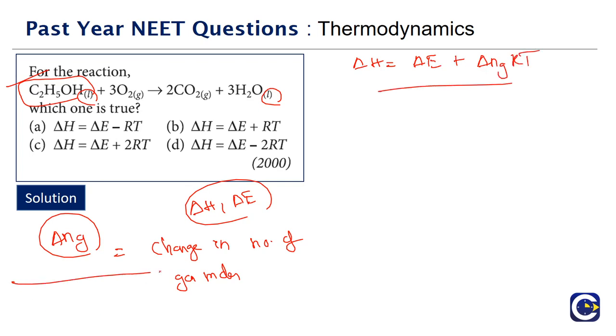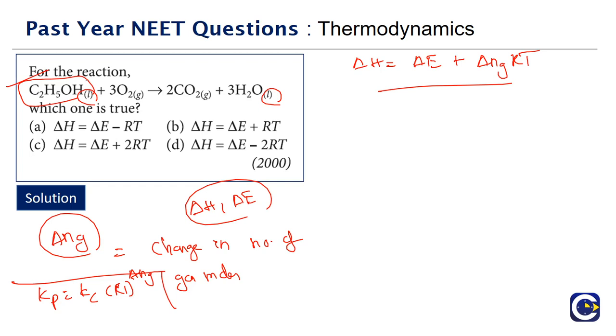And we also have this coming in equilibrium. In equilibrium we have the formula Kp is equal to Kc into RT whole power delta Ng. So in these cases we have to pay particular attention to the physical state of the substance. Okay, so now let's look at it.